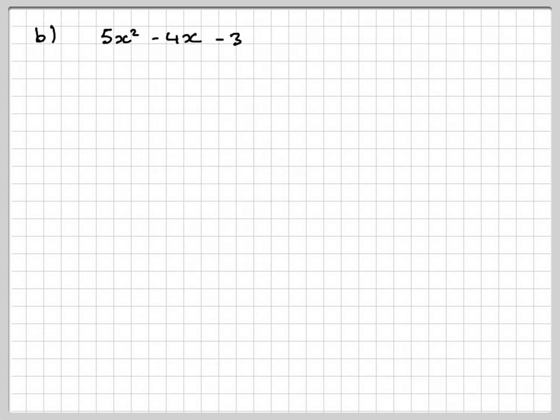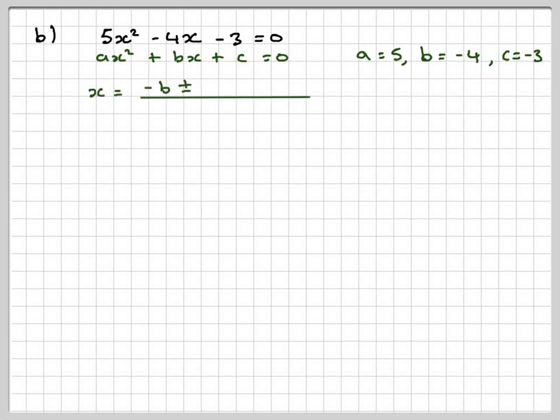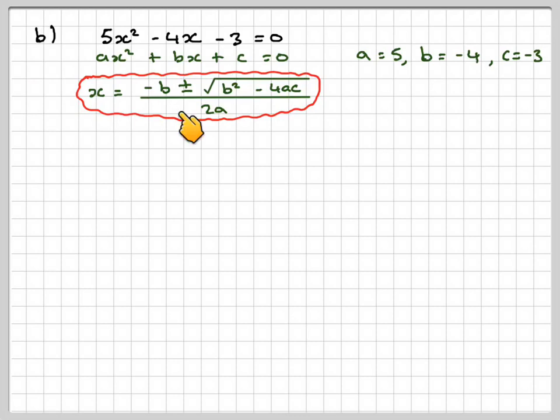Part B, 5x squared minus 4x minus 3 is equal to 0. Same idea, ax squared plus bx plus c is 0. A is 5, b is minus 4, and c is minus 3. Write down the formula. By writing it down, it will help you commit it to memory. So x is minus b plus or minus the square root of b squared minus 4ac over 2a. So x will be equal to, now here's where you have to be careful, because b is minus 4. You need to put it as minus, in brackets, minus 4, plus or minus,